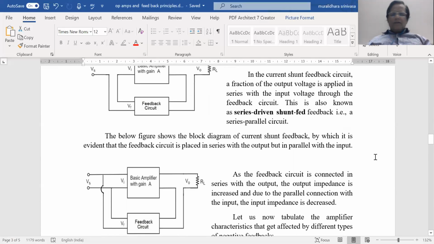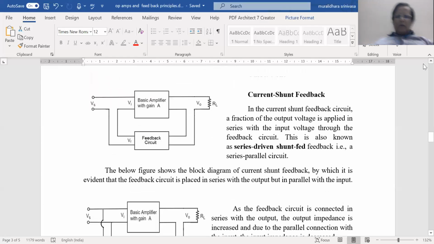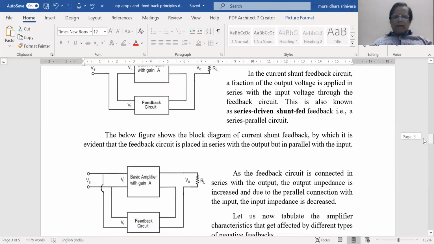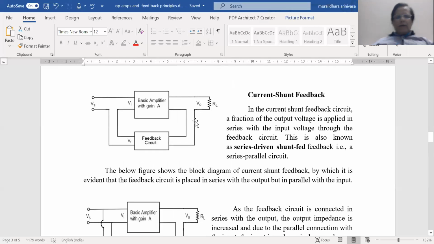This is your circuit for current series feedback. This is the third feedback mechanism. Now look here at how it is connected. Compare it with the previous circuits. There I did not touch the resistor in this manner; I just pulled out the voltage across the RL terminals. But here you see one end is connected to one end of the resistor. So what I am taking is the current flowing in this path, that is, the current flowing through the resistor. Therefore, I am feeding back a current.